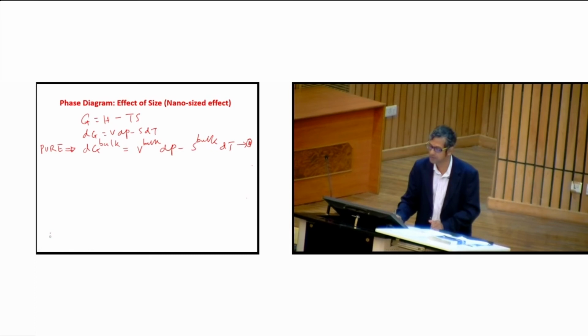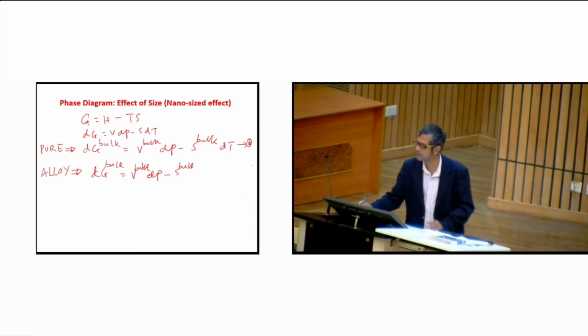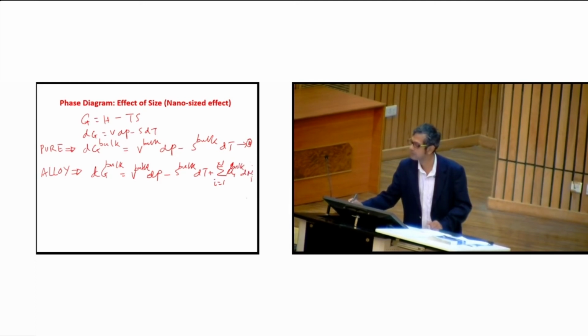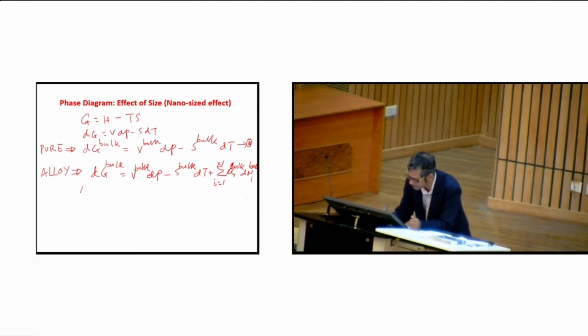So what was this equation for the alloy, which I mistakenly removed? dG bulk equals V bulk dP minus S bulk dT plus the chemical potential terms. So at constant pressure and temperature,